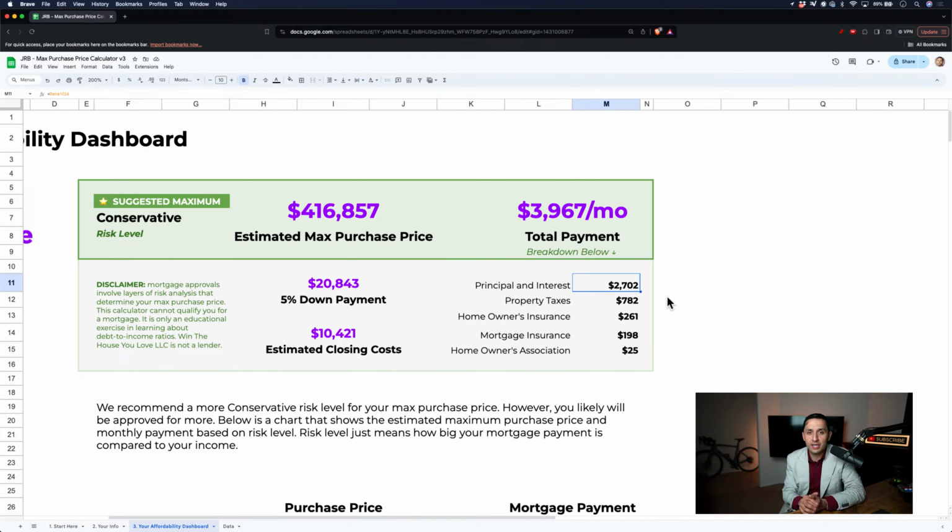So whenever you get your mortgage statement, you're going to see how much goes to principal, how much goes to interest, how much goes to property taxes. And you're also going to have your homeowner's insurance be included in that loan. So those are the four components of your mortgage payment. Now, before you get into the comment section and say, well, I don't pay my property taxes to the mortgage servicer, I pay them direct. First of all, calm down. No, I'm kidding. Well, yes, there are ways for you to not pay the property taxes to your mortgage servicer,